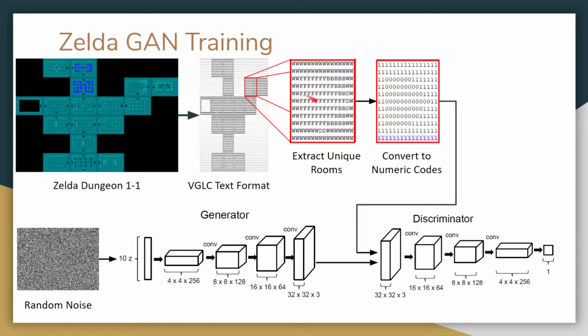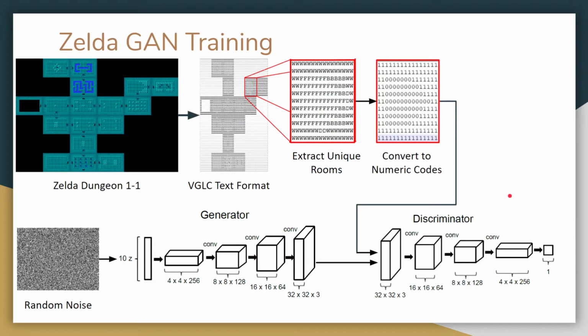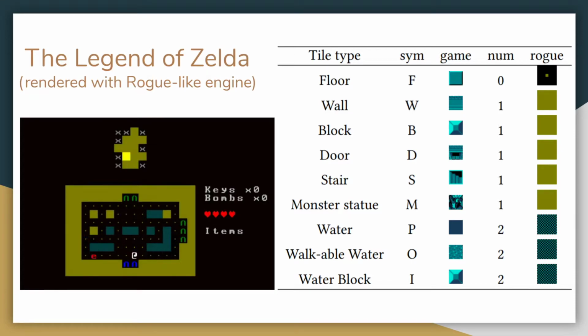So we extract a room, it looks like this, we convert it to a numeric coding, and that gets fed into the discriminator during training. The generator uses random noise to create levels which are fed into the discriminator during training. At the end, we're left with a generator that produces individual rooms. And we can play those levels using this sort of custom-made,